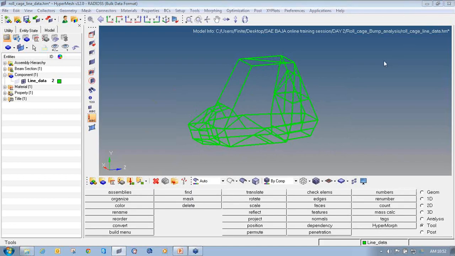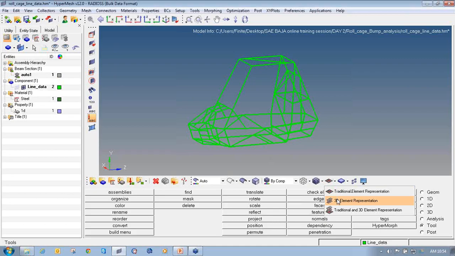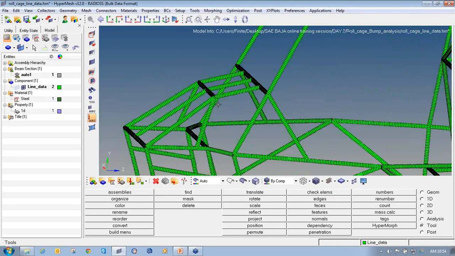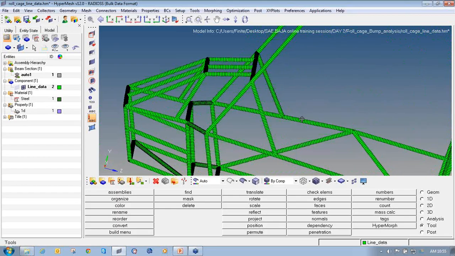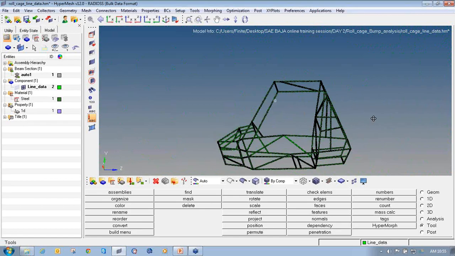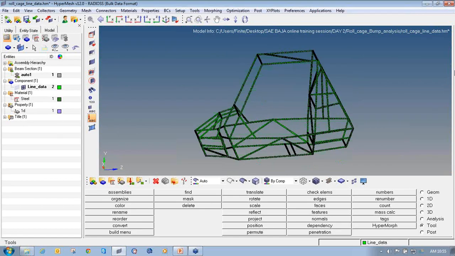So I have used the same model in which I have already defined the material property and updated the component. Also I have defined the beam section to simulate the cross section along the thickness. As you can see here, I have defined all these parameters already.